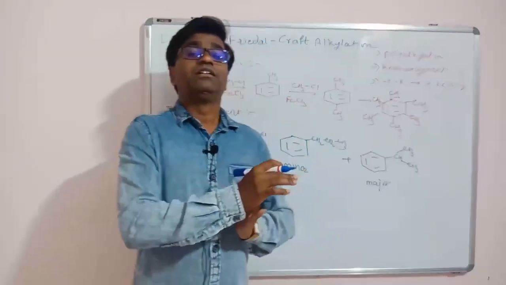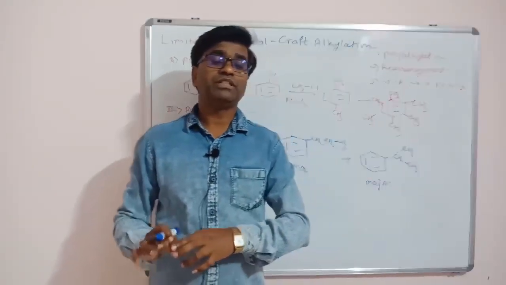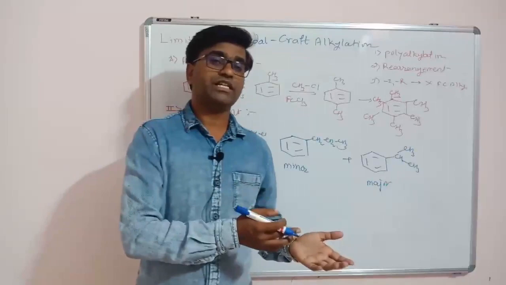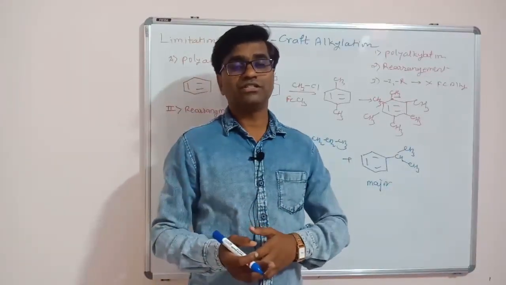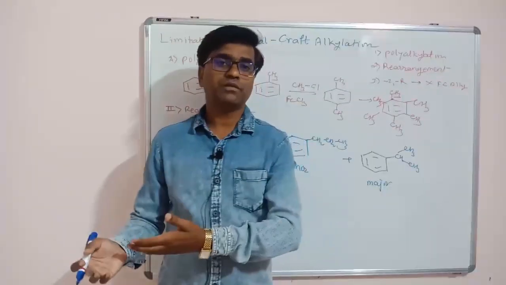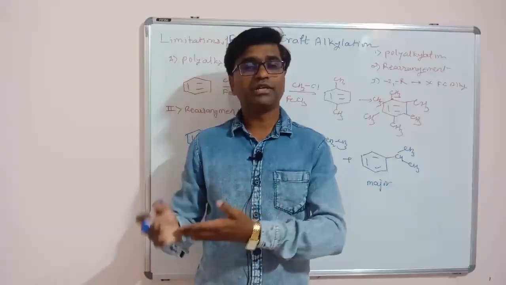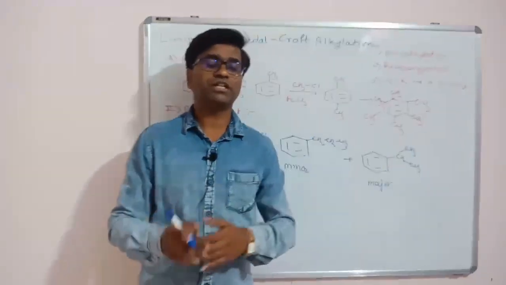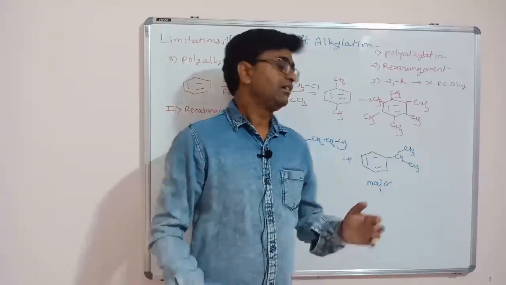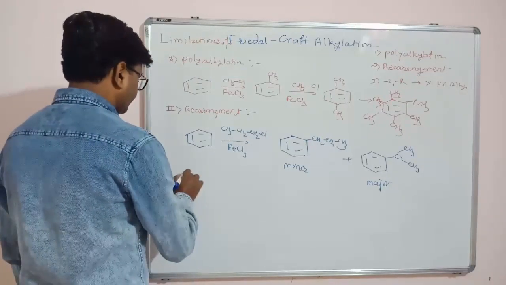As we know, the electrophile is a carbocation. If a carbocation is formed, there is a possibility of rearrangement, as we saw in nucleophilic substitution reactions as well as elimination reactions, because a carbocation has a tendency to convert into a more stable carbocation. So a primary carbocation has a possibility to become a secondary or tertiary carbocation, so it will change. That makes the rearrangement of this product. So we will see the mechanism for this.